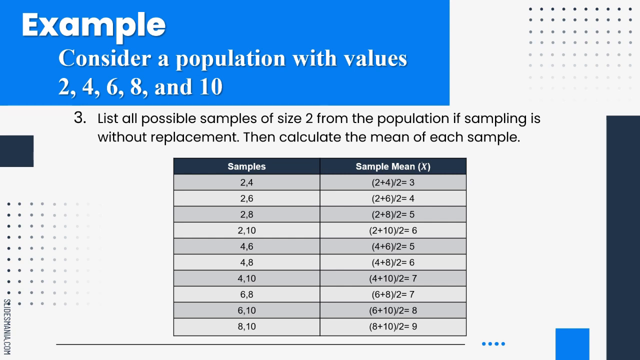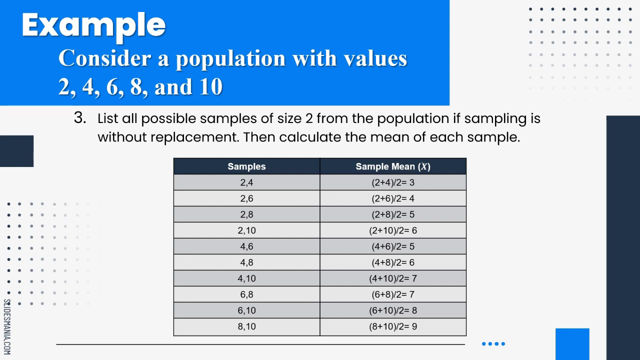To solve for the sample mean of each line, we will now have 2 plus 4 divided by 2, that is equal to 3, and then 2 plus 6 divided by 2, that is equal to 4, that is 2 plus 8 divided by 2, that is equal to 5, 2 plus 10 divided by 2, that is equal to 6, 4 plus 6 divided by 2, that is equal to 5, 4 plus 8 divided by 2, that is equal to 6, 4 plus 10 divided by 2 is equal to 7, 6 plus 8 divided by 2 is equal to 7,